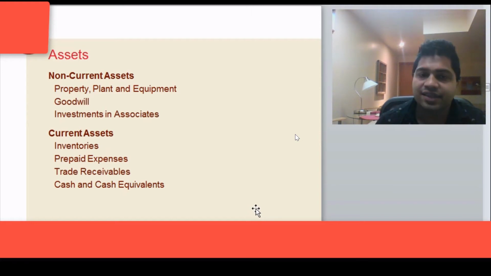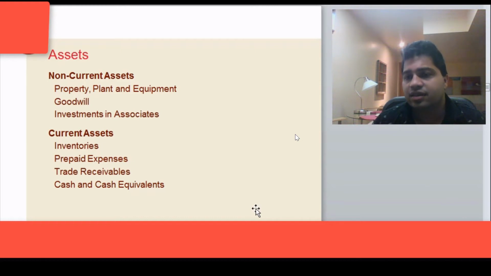Non-current assets include, for example, property, plant and equipment, goodwill, and investments in associates. Now what is goodwill? The first is evident: whatever factory, machinery, land and so on the company owns, it is all its assets. Goodwill is when a business pays extra money for acquiring something; that extra money is taken as goodwill. For example, a